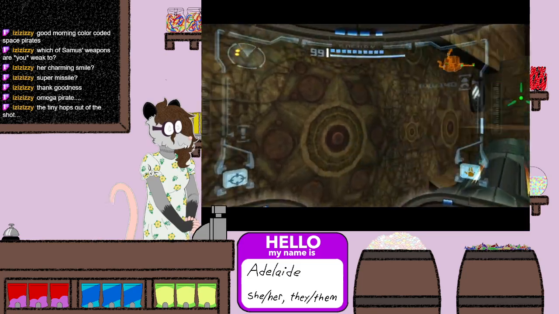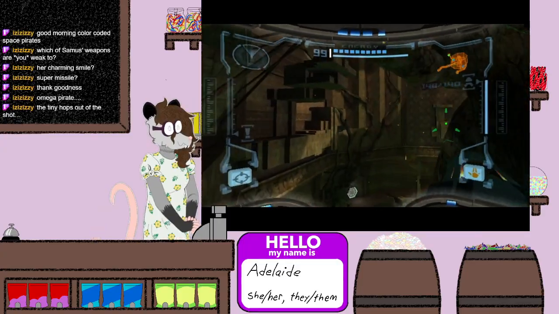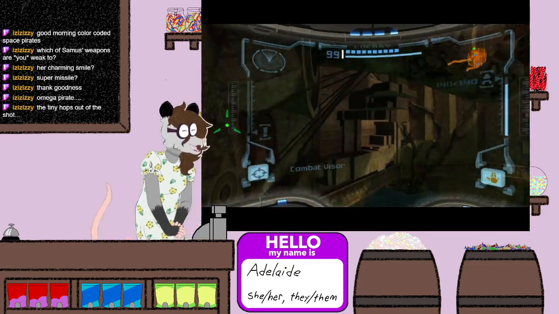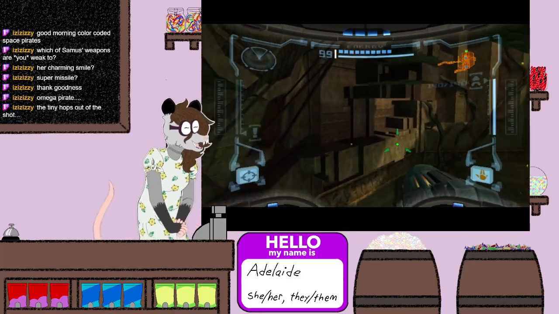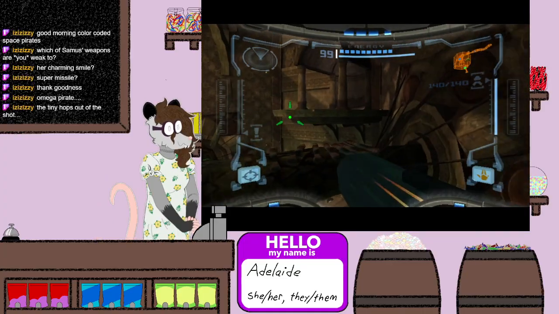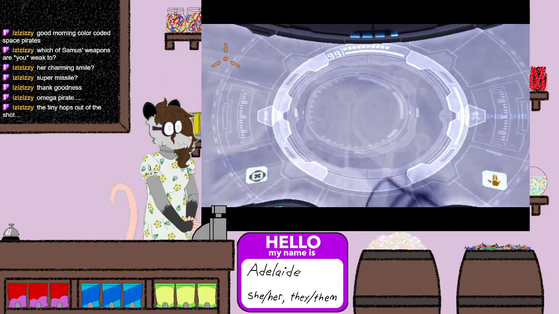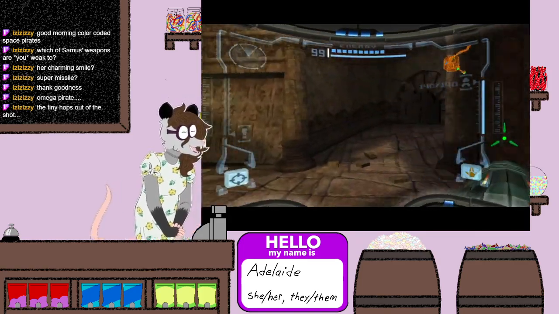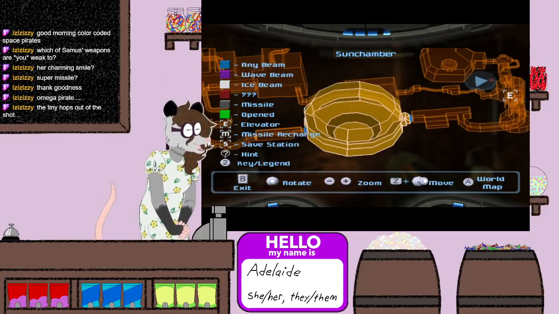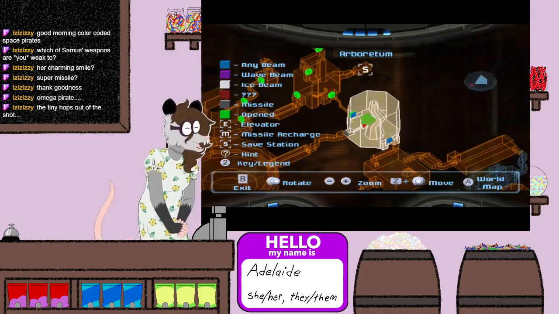Hello? Ugh. Can I just make this? Yep. Yeah, I do think there's not really anything else. That's Sun Chamber, lobby, and access. I don't want to go to Sun Chamber right now. There's only the 3 doors out of here? Yeah, okay, so...